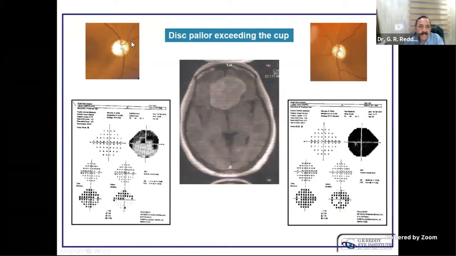The most important thing here is the disc pallor exceeding the cup. Whenever there is disc pallor exceeding the cup, you should always suspect a tumor, and you should always ask for a CT scan. Actually, this is a patient with AGPI done for narrow angles and mimicking glaucomatous fields. So even though this patient may have glaucoma, a glaucoma patient can still develop a CNS tumor. So with meticulous examination, the disc pallor exceeding the cup was the only point that made me ask for MRI, even though he is a known patient of glaucoma.